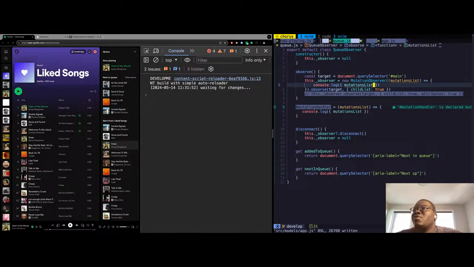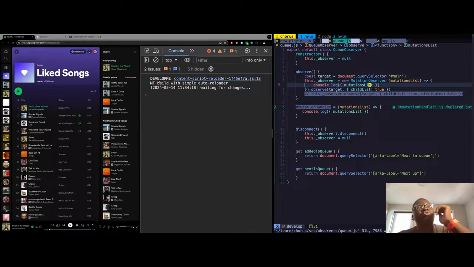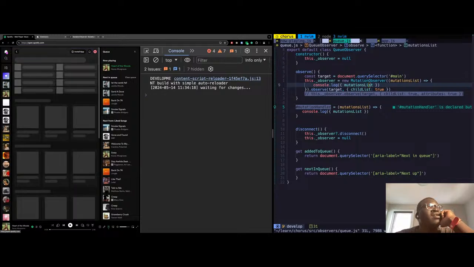What I'm thinking is maybe by the time I call this, the main is already fully loaded. Maybe there'll be nothing, or like the first instance, there will be nothing to show, and maybe subsequent ones there will be something to show. Like so, if I get rid of this and I put this, there's no changes to the body. If I navigate away,